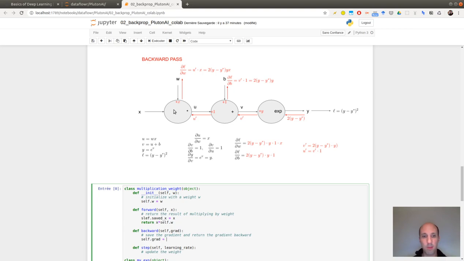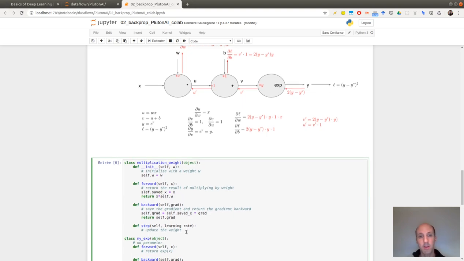So I'm updating the gradient, which is self saved x times the gradient, and I'm returning self grad.